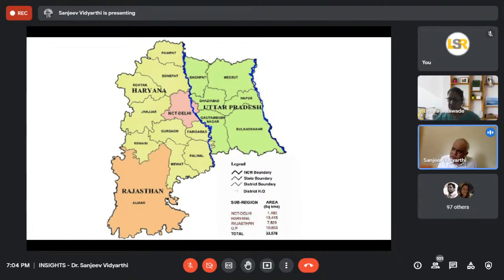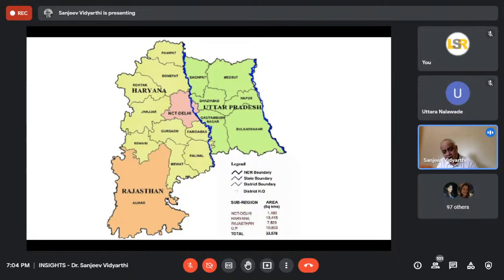India, as we sort of know, our economy was not doing well till 1990s, but after liberalization, after 1990s, the economy took on a major growth push. And that's the time when money began to sort of flow into NCR after 1990s.